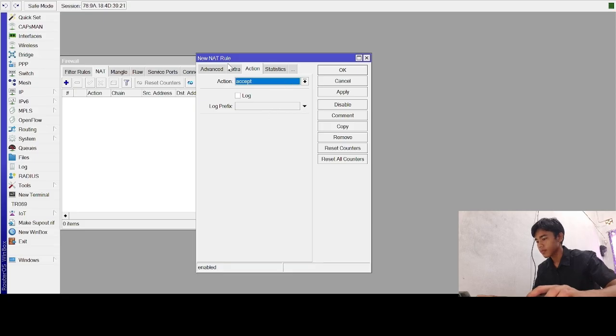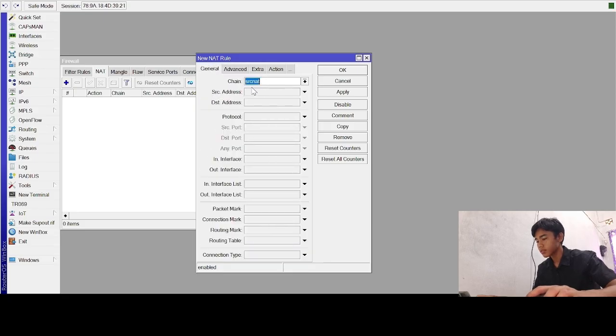For chain, srcnat, out interface, select Ether 1, because it is connected to the internet.